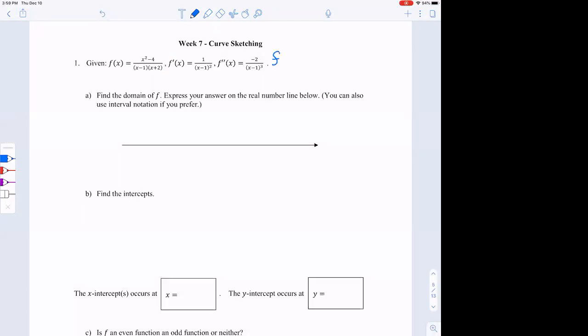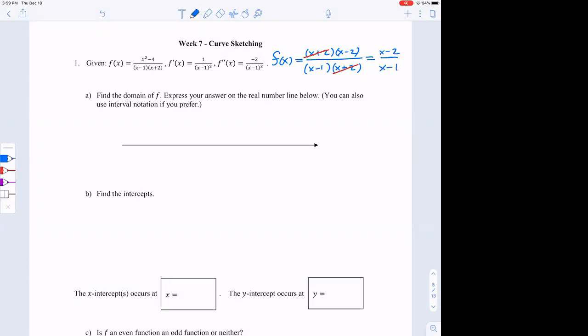So my f of x, I can rewrite the top as x plus 2, x minus 2. And then the bottom would be x minus 1, x plus 2. Okay, so that would equal, if I cross out the x plus 2's, x minus 2 over